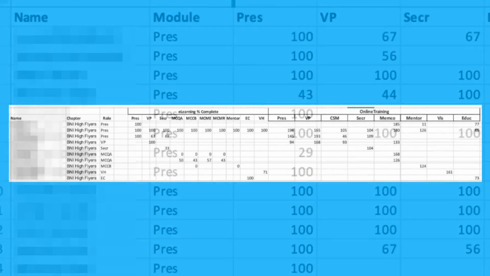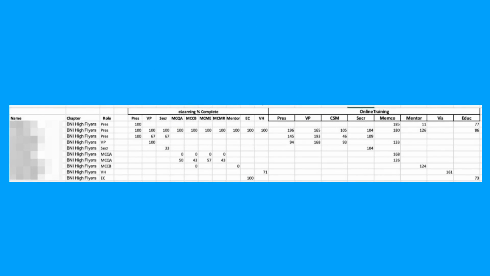As an illustration, a report for High Flyers chapter shows the report I can produce. Obviously, this shows a duplication of members to roles due to historic role assignments. If you provide me with an up-to-date list of chapters, members, and roles, I will be able to provide a report for each chapter.